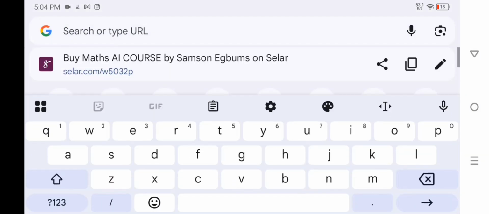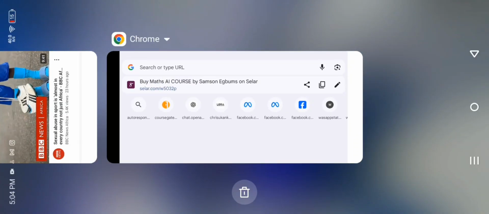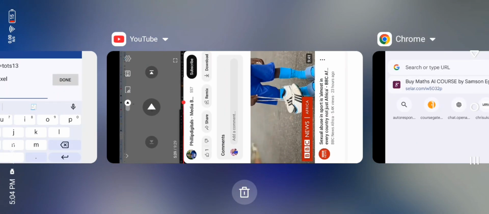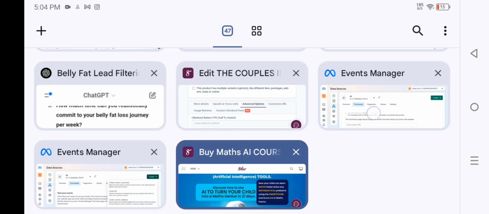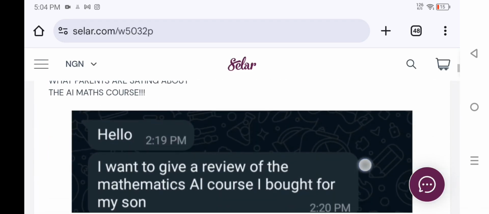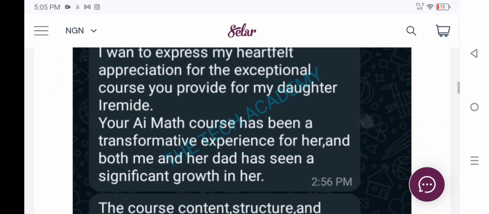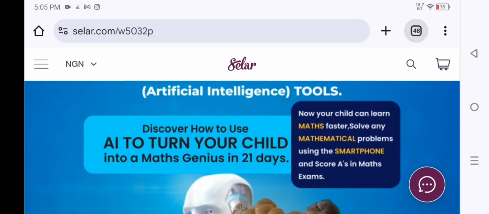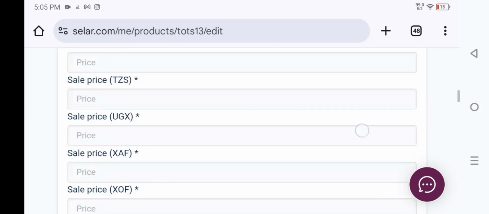So this is the seller link. So I'm trying to bring it back here to see if that can be seen. So paste test event. So right here, I also try to, okay, this is even on, okay, this is for another product. Sorry, this is a major product. This one,